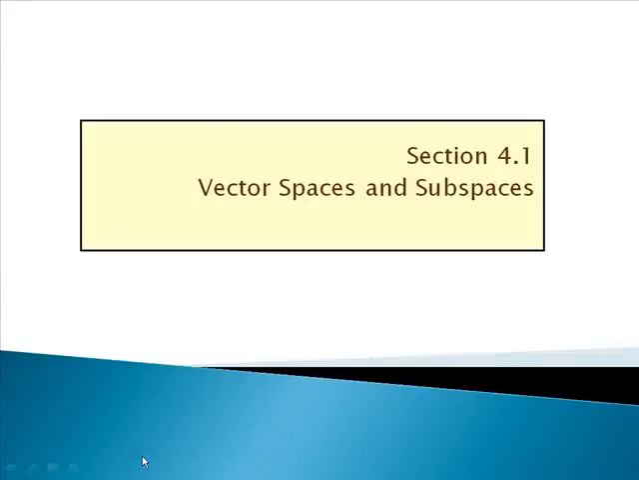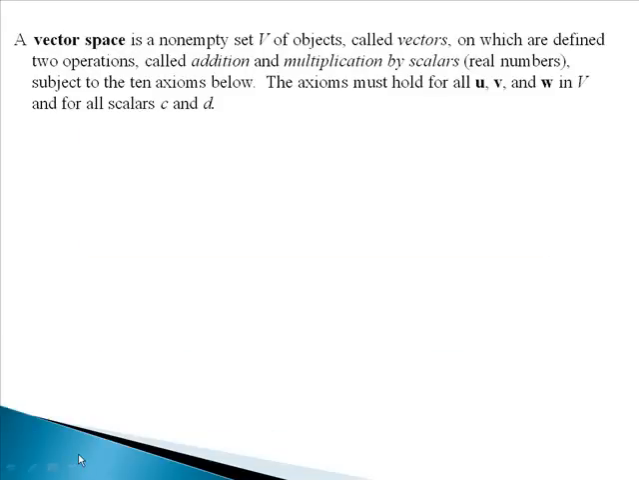Section 4.1 Vector Spaces and Subspaces. A vector space is a non-empty set, we'll call it V, of objects, which are vectors, on which are defined